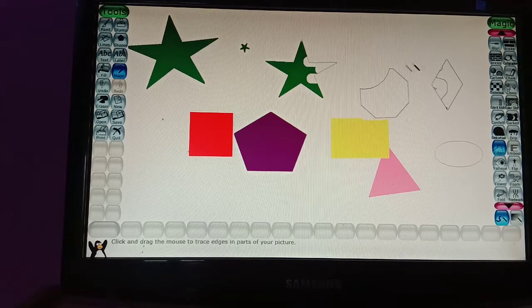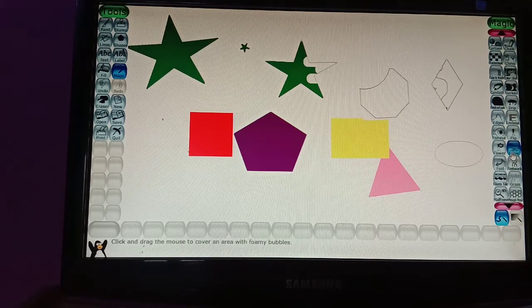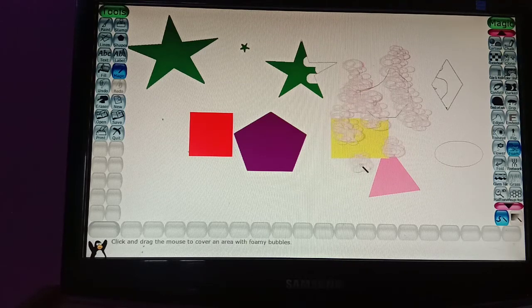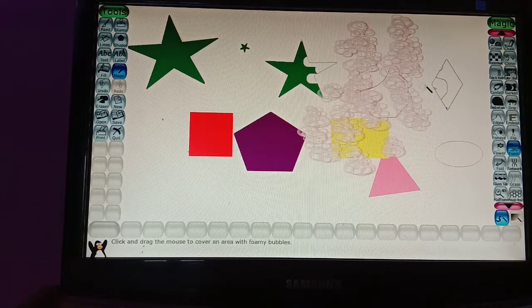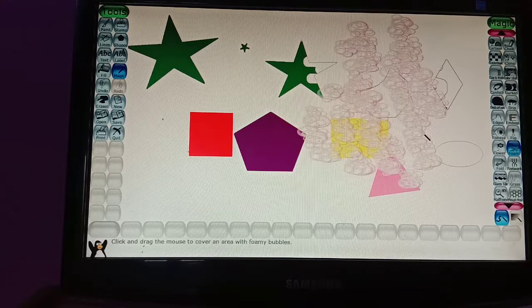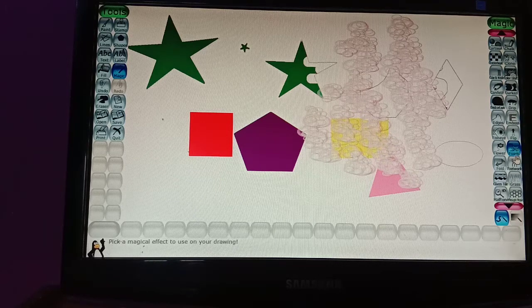There is one more tool also. This is your foam tool. It is like when you wash your hands or clothes, then foam comes out. So this is a foam. You can apply the foam effect with the help of the foam tool present in Magic. You need to click on Magic and there is an option of foam. Clear to everyone? There is an option of foam that you can draw.